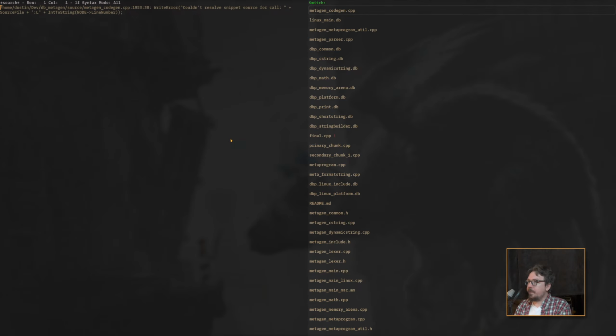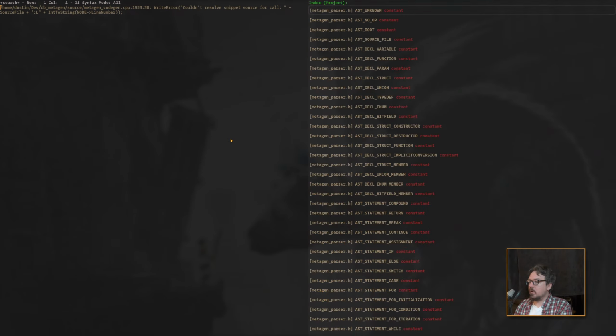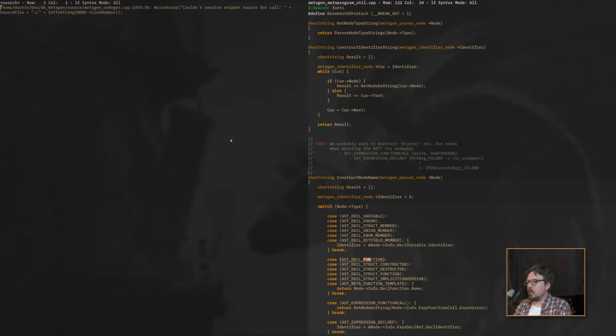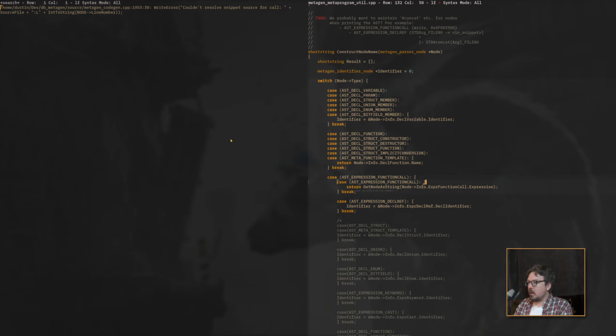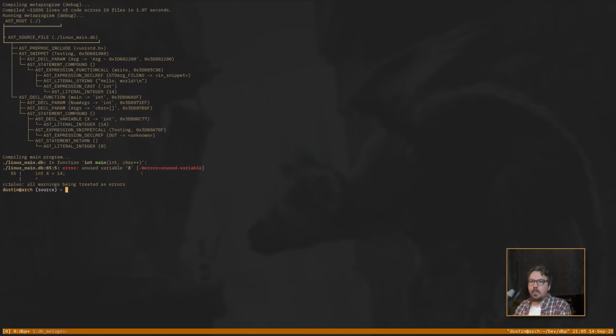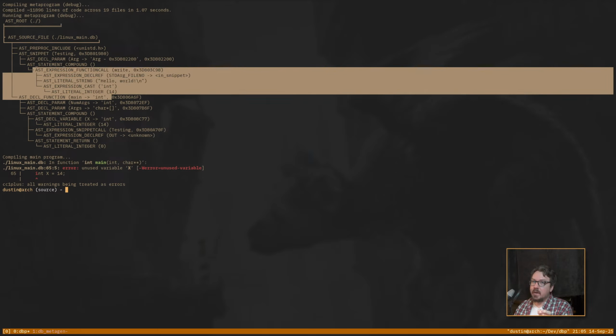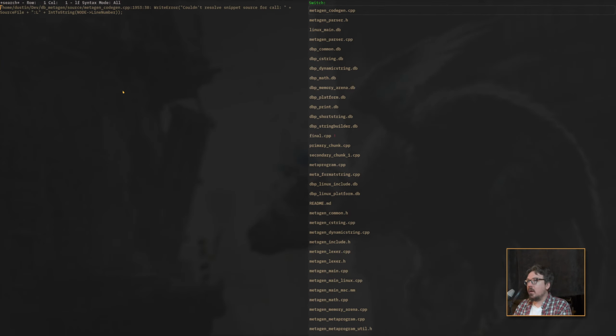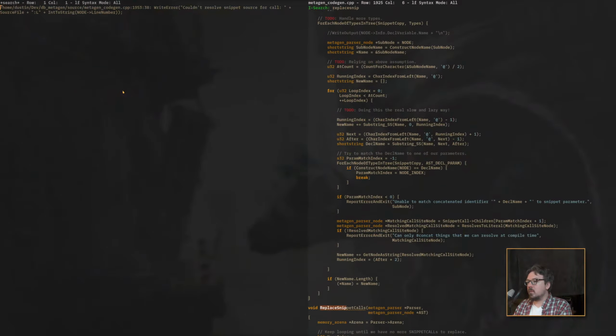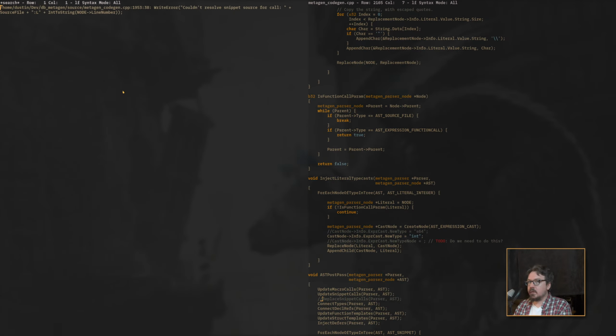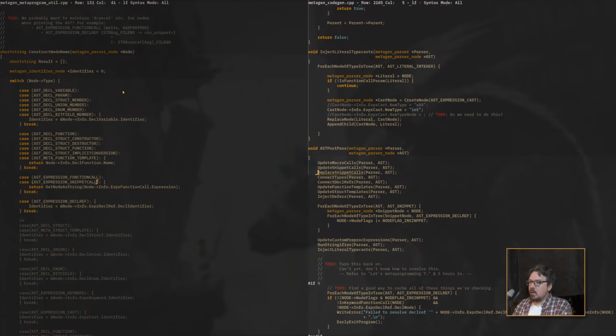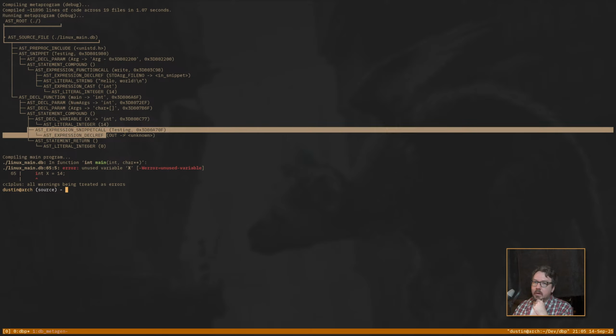So construct node name function call. This should also be for snippet calls. There we go. Great. So now we have a snippet call. So really, you're never going to see this on the tree ever, because if there's ever a snippet call, it's getting replaced with the body of the snippet. But that's what I just turned off. That's this, right? So you are never going to see a snippet call on the tree,